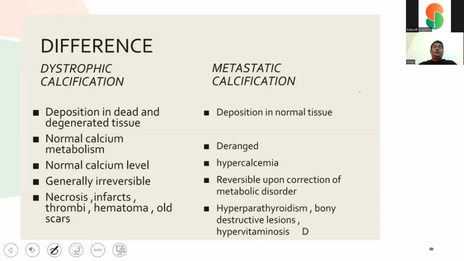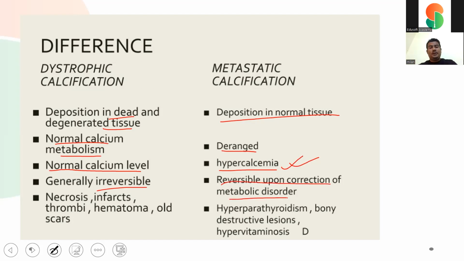If we tabulate the differences between these two, dystrophic calcification occurs in dead and degenerated tissue, whereas metastatic calcification occurs in normal tissue. Calcium metabolism is normal in dystrophic calcification, whereas it is deranged in metastatic calcification. In dystrophic calcification the serum calcium level is normal, whereas metastatic calcification occurs almost always in the setting of hypercalcemia. It is generally irreversible because it occurs in dead tissue, whereas metastatic calcification is reversible upon correction of